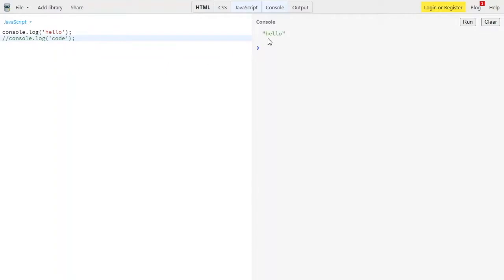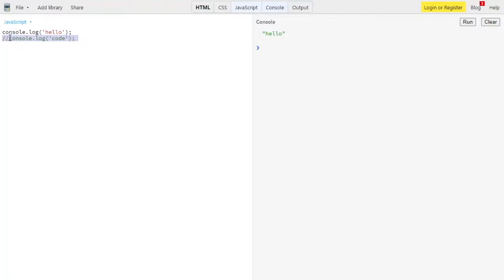As you can see, only one line will execute. This is because in the single line comment we commented this line, so this line will not get executed, only one line will get executed.